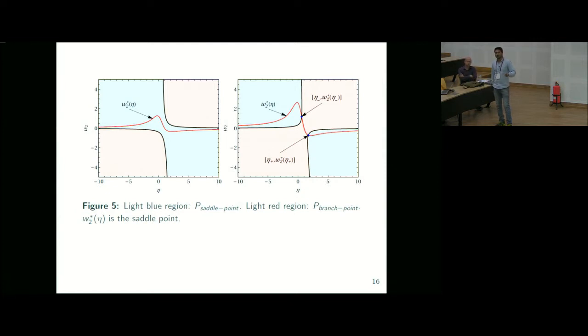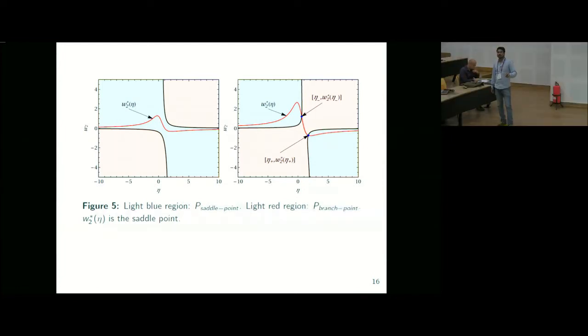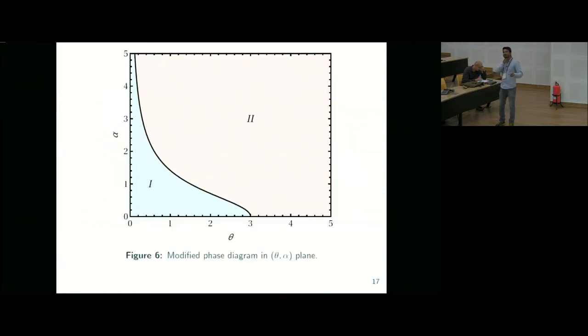But in the other case, if the saddle point crosses the branch point region, I have to calculate the branch point contribution. So there are two possibilities. Either it stays in the saddle point region, or it can lie on both regions. So in possibility one, I don't need the branch point contribution. I'll just take the saddle point calculation and fit it with the numerical simulation, but in the other case, I need it. Both these cases depend upon theta and alpha. So this is a modified phase diagram. The phase diagram I showed you earlier gets modified based upon that.